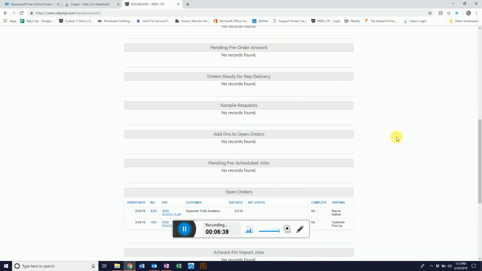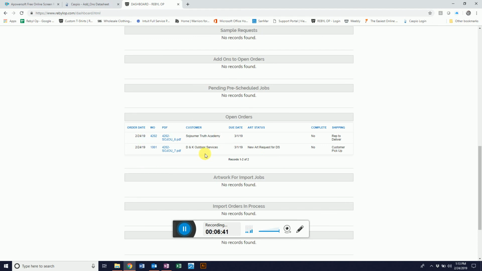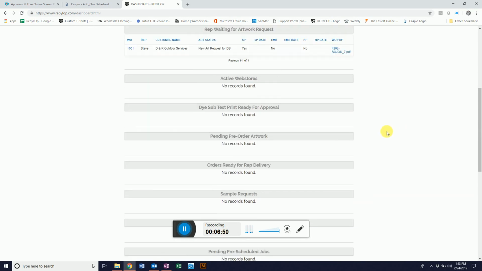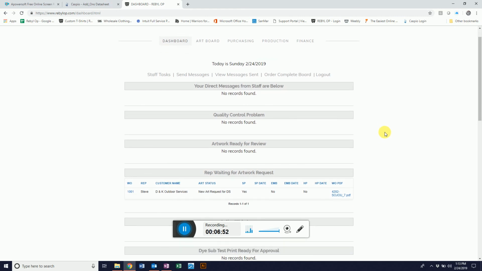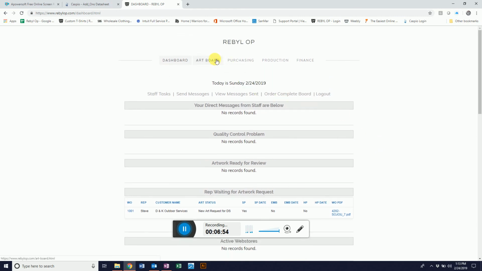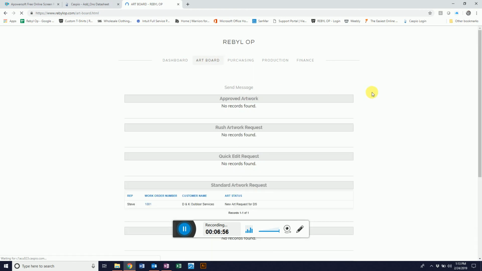And also it populates down here with my open orders. And as you can see now, it's just going to do a running list. That's Sojourners I did earlier, and then the D&K. So that's that. Now, for the artist, they're going to jump over here now, and it's going to populate on